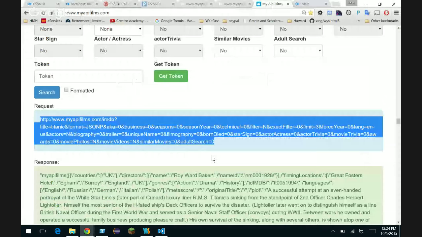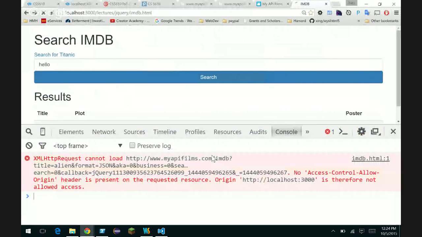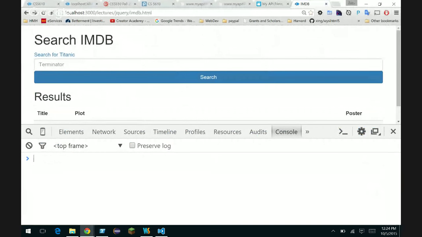And now if I refresh our application and type here Terminator, and do a search, notice that data did come back now. And we were writing it to the console. We said console.log and the response. And the response is what? An array of three objects. You see that? If we open it up,